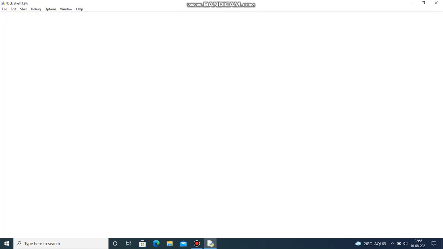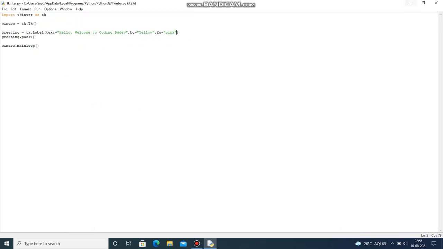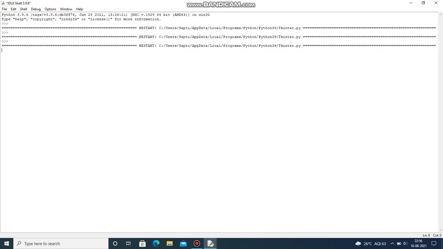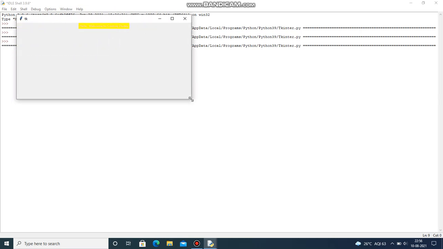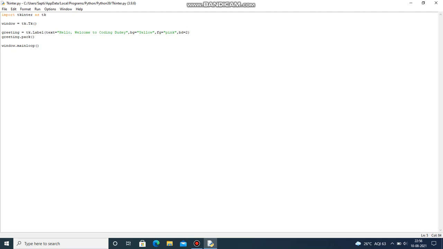Now let's see how this looks. Now if you want a border, let's give a border of 2. I think the border color is also the same, that's why you are not able to see it. There are so many other things also which we will be discussing in the coming sessions.